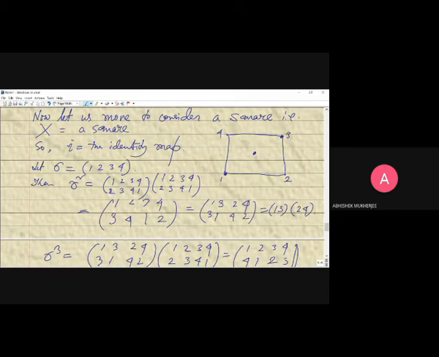1 goes to 3. Yes. So what does it mean? If 1 goes to 3,